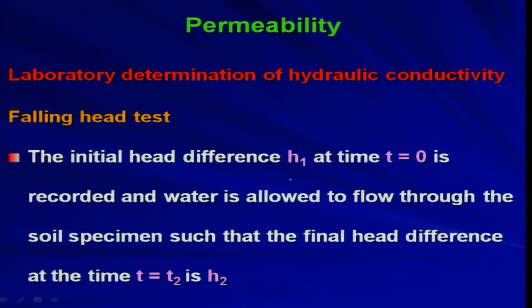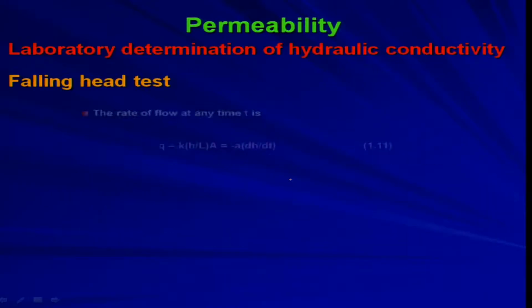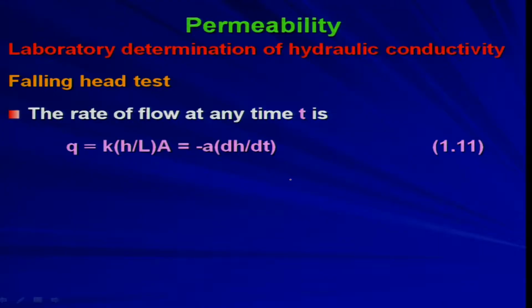through the soil specimen such that at some time t equal to T2, the final head difference is H2. Okay. So, basically at t equal to 0 your head difference is H1, and at t equal to T2 your head difference is H2. Therefore, the rate of flow at any time t is small q equal to k into the hydraulic gradient, that is h by L, into A, that is k i, the velocity, into A, where i is nothing but h by L, which is equal to minus